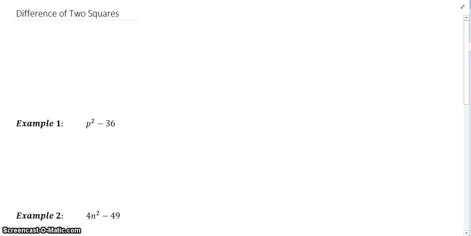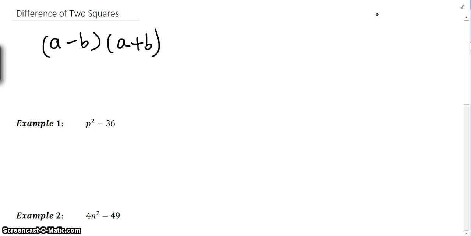So the difference of two squares is a technique that you can use for both expanding and factorizing. Let me just quickly introduce to you how this is the case. If I was talking about the difference of two squares, I'd be referring to something that looks like this: a minus b, a plus b. Or